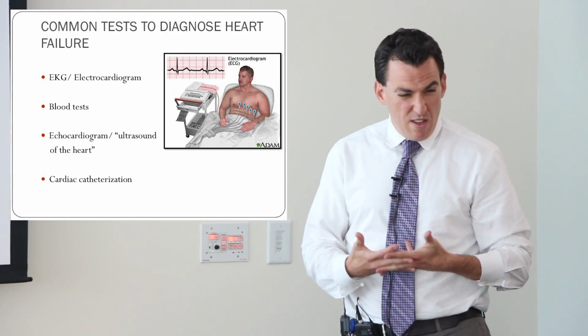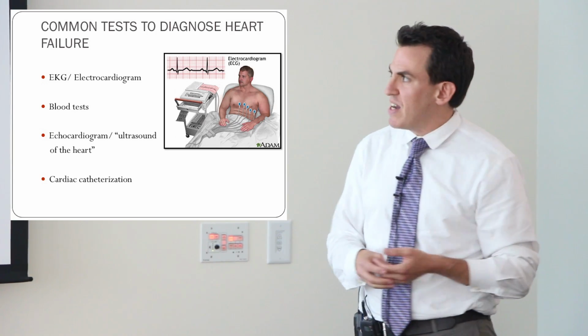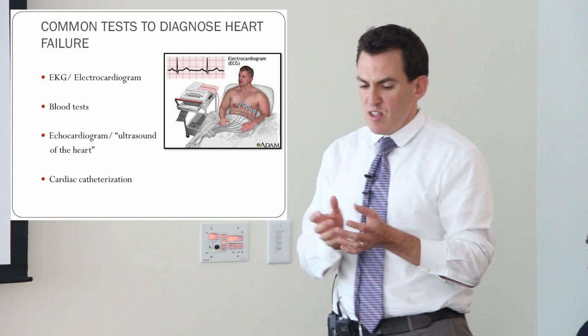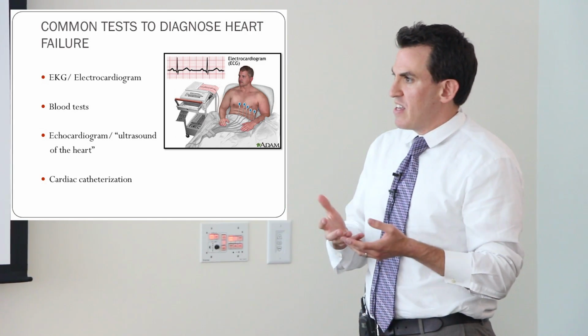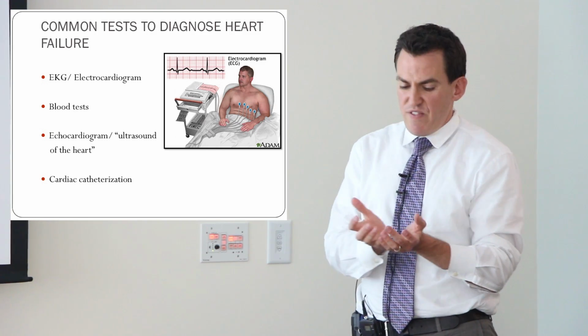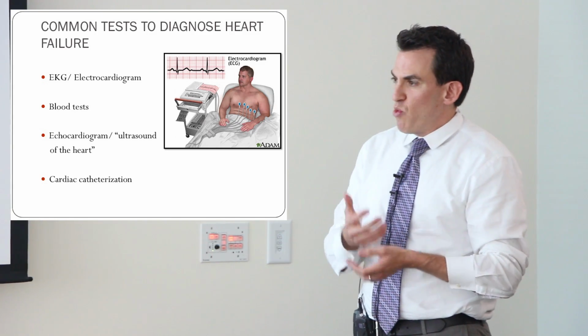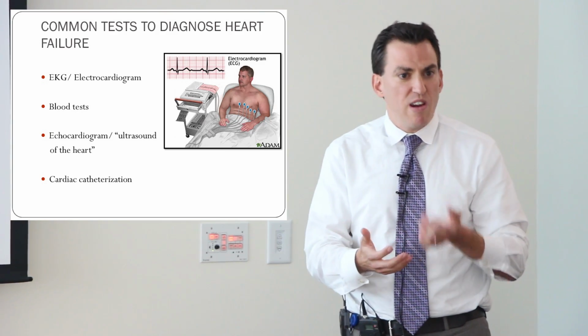Blood tests, you may have heard of something called a BNP, a brain natriuretic peptide. That's a blood test measurement of something released from the heart that we can actually test. And that gives us an idea of how stretched the heart is. And that BNP, when significantly elevated, tells us that the heart is stretched and the pressure in the heart is